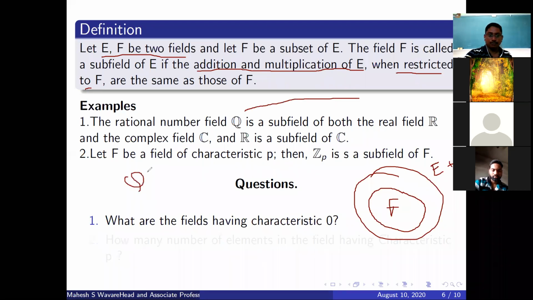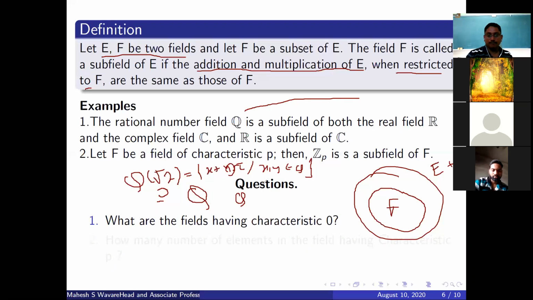One can say Q root 2. Now tell me who is a subset of whom in this case? Q and Q root 2. Q means just rational numbers. And what is the meaning of Q root 2? It means you have elements of the form x plus y root 2, where x and y are rational numbers. So when y is 0, it becomes Q. And if y is not 0, then it has more elements. This is bigger than this, so Q has to be a subset of this.